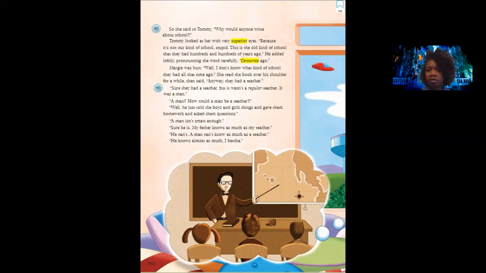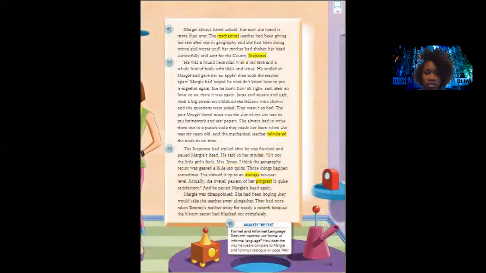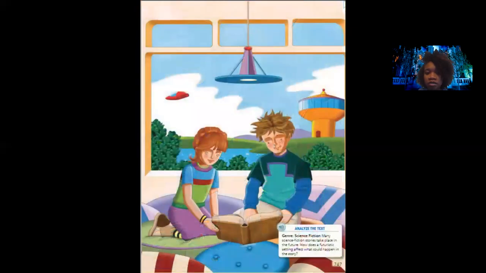Do notice that when a word is highlighted, it is a vocabulary word, so make sure you pay attention to those. I didn't put your vocabulary up, but you have a lot of vocabulary words. And the fun thing with these vocabulary words is that you should know them all, because they're words that we've come in contact with for the past 2 years.